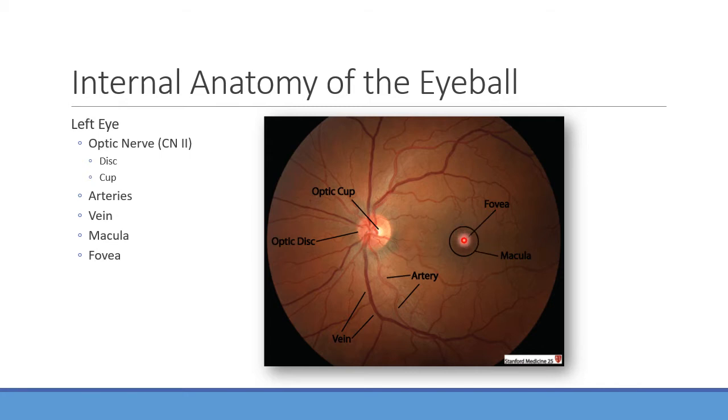We're going to have the fovea surrounded by the macula here. This is going to be really important because what does this do for us? Yeah, this is where we're going to try to focus our image on the retina in order to get the best picture, right? And we're going to see there's a lot of rods here, some cones as well, but this is going to be the greatest concentration right there. So this is where we're going to try to focus our image when we're looking at something.